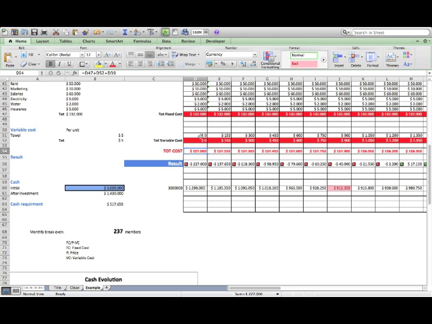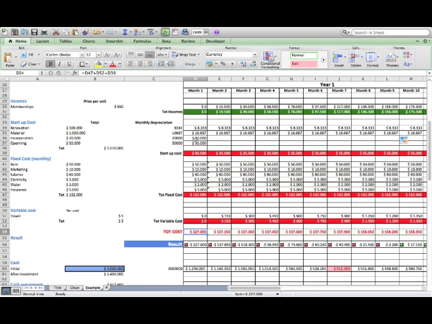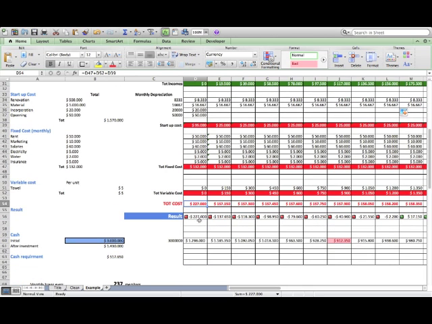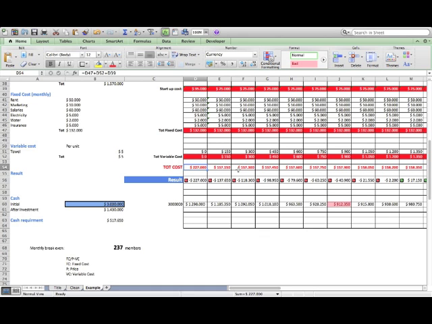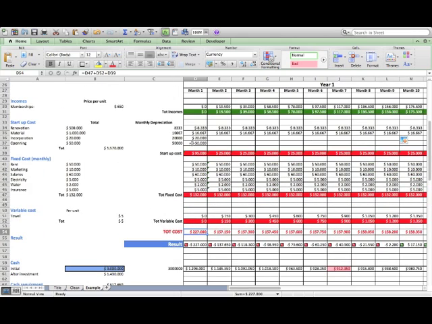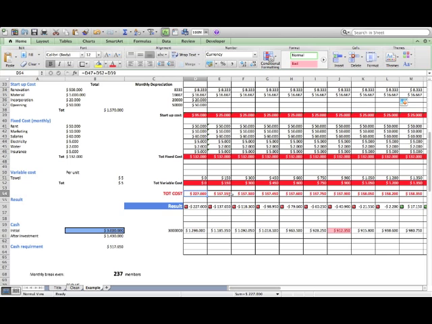Then we have a total cost. And what will be the total cost? It will be basically the sum of your startup cost monthly, the total of your fixed cost monthly, and the total of your variable cost monthly. Okay. Then now we have a total cost, and you will look month by month at how much that is. Here we see that month 1 we have more because of the opening and the incorporation. It's 227,